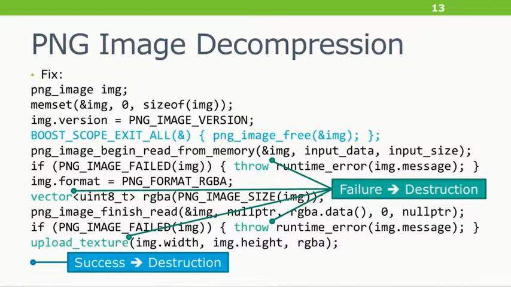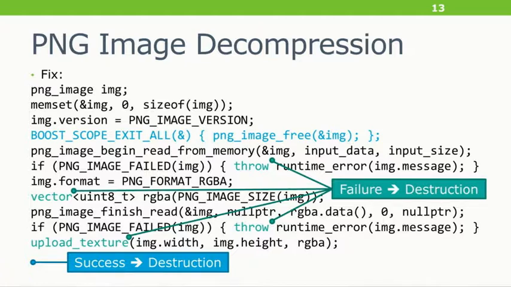Or we try to go upload a texture and something happens there, or maybe we're sending it over the network and something happens. Any of those failure paths, we really don't want to leak this opaque ping image struct because it's probably allocated memory, acquired handles, who knows what it's doing. They told us to call ping image free on it, and if we don't, that's bad. What if we're being called in a server program in a tight loop and we're leaking lots of these, or maybe just one per day? That's not good. The compiler knows when to get rid of this stuff, but this is not ideal.